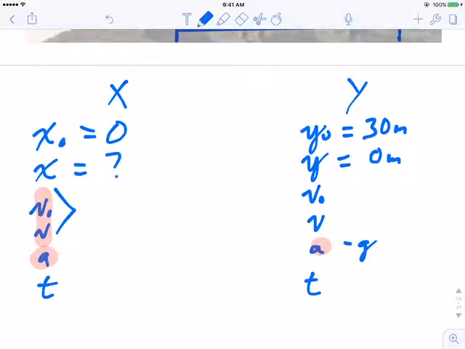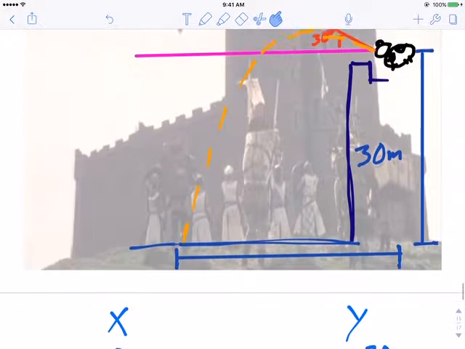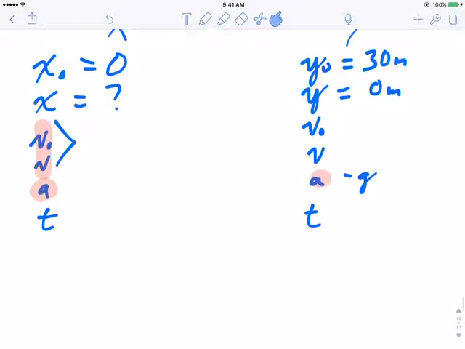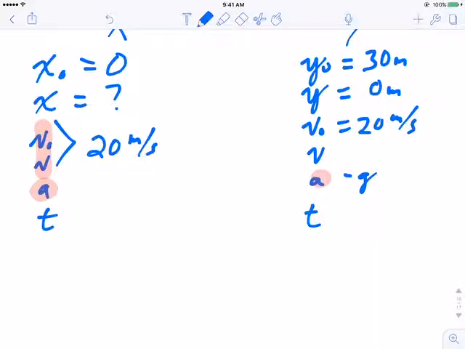Now, they did give us an initial velocity in this problem. And so I suppose if I was sitting there in class with you right now, I'd probably say, is it okay if I just go and say the initial velocity is 20 meters per second? So I'm going to put a 20 meters per second there and a 20 meters per second there. Good idea or not a good idea? I would probably say turn to the person next to you and talk about this. Hopefully you're thinking about it a little bit right now, and hopefully you're going, no, that's not the case,